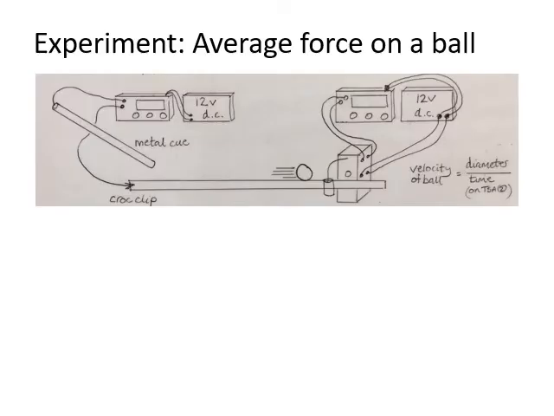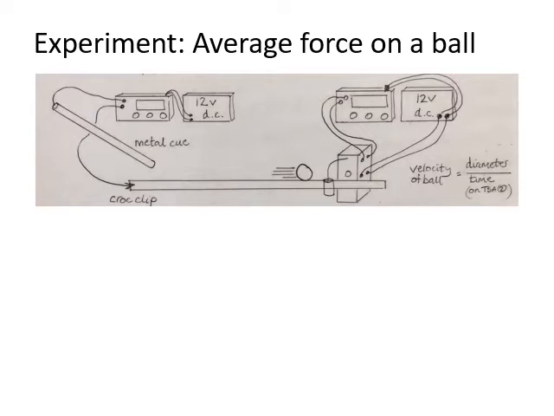Okay, it's possible to do an experiment in class to show this. Sometimes it's done with a ball and a cue, like here. Sometimes it's done with a golf club and a ball as well. And what we've got in the diagram is two bits of apparatus. We've got one bit of apparatus on the left there that's going to measure the contact time